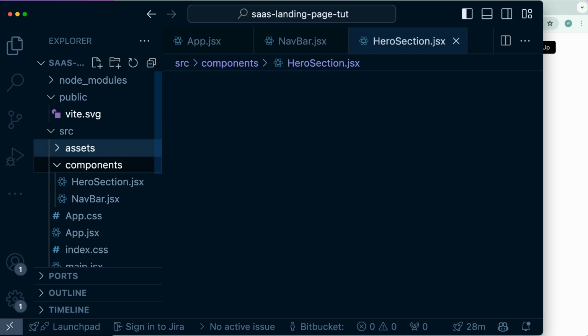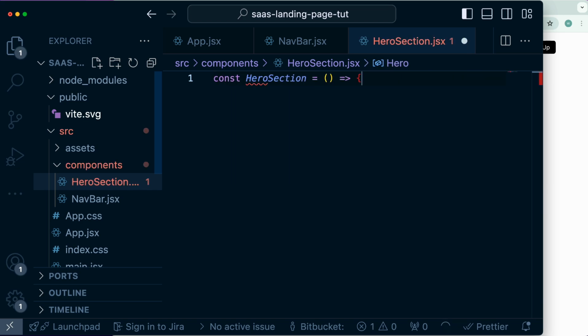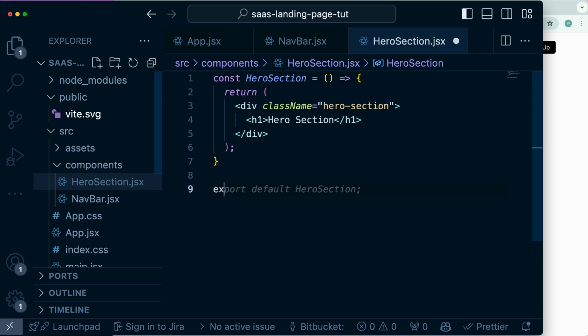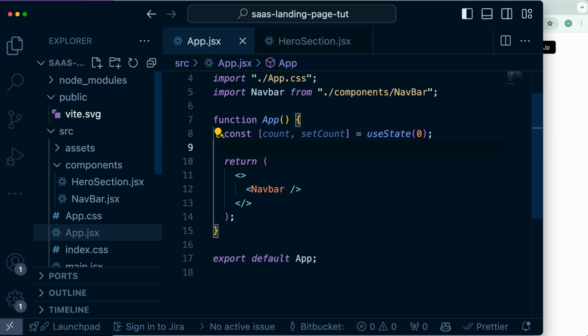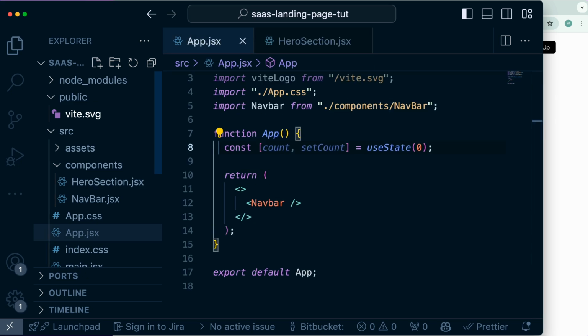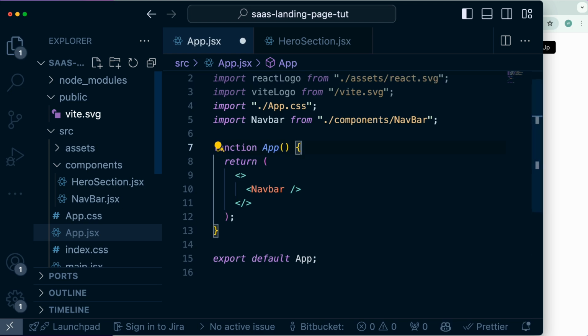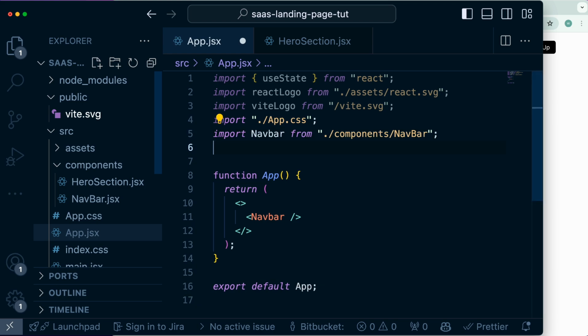Give it a name, hero section, creating a component. Let's name that as well, and let's do export default. Before we start writing code, let's import that from the app so we can see the changes. And I'm going to remove this state definition because we don't need that, and import